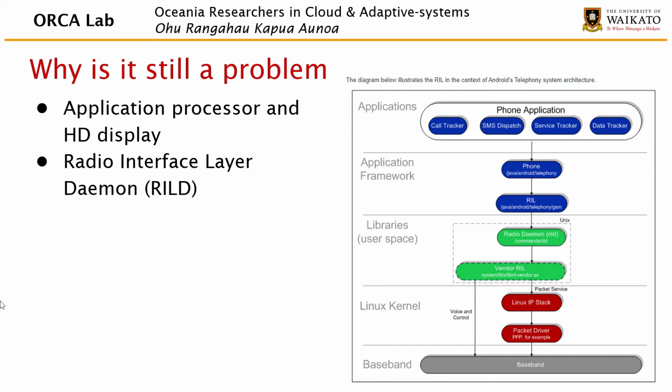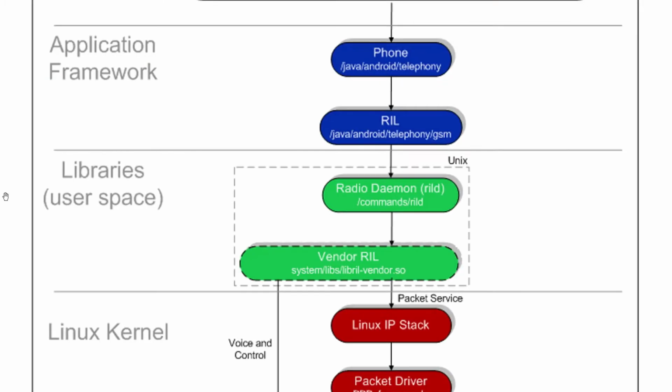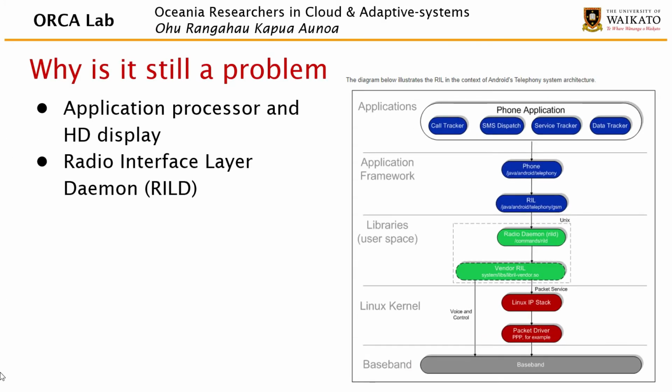RILD mainly consists of three components distributed in the various layers of the smartphone: RIL Java, RIL Daemon, and vendor RIL. RILJ and vendor RIL are the entry points of the communication between the apps and the baseband. RILD is the core of the RIL and is positioned in the middle to coordinate the solicited and unsolicited